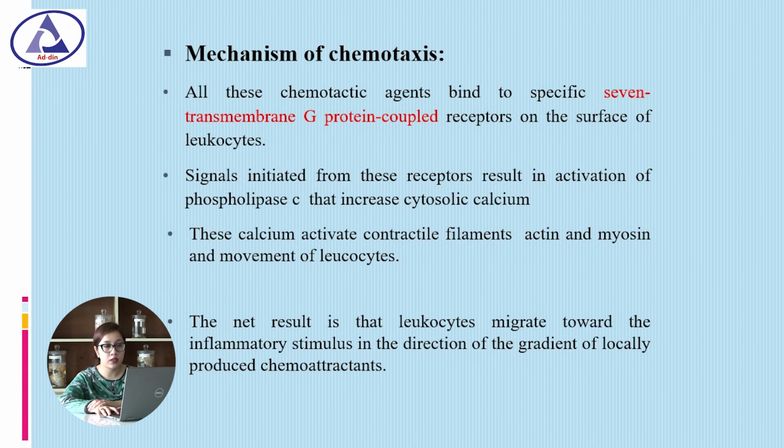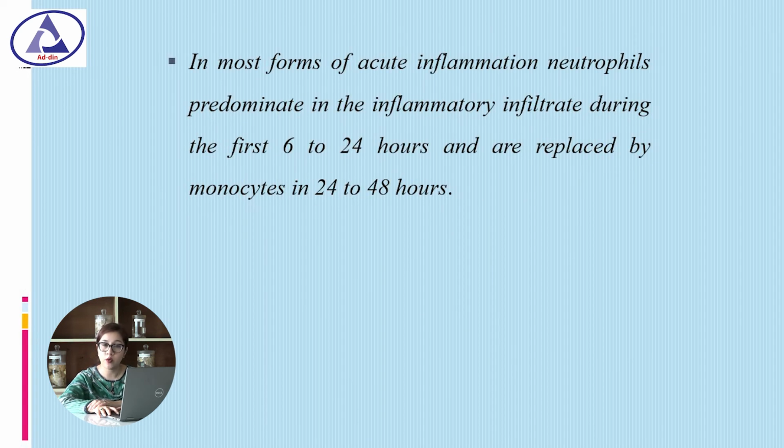Mechanism of chemotaxis. All these chemotactic agents bind to specific seven transmembrane G protein coupled receptors on the surface of leukocytes. Signals initiated from this receptor result in activation of phospholipase C that increases cytosolic calcium. This calcium activates contractile filaments, actin and myosin, and movement of the leukocytes. The net result is that leukocytes migrate toward the inflammatory stimulus in the direction of gradients of locally produced chemoattractants. In most forms of acute inflammation,